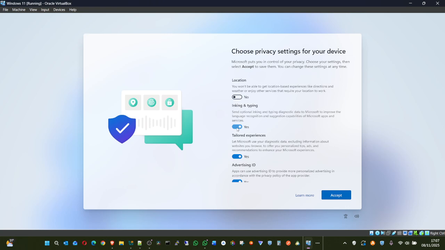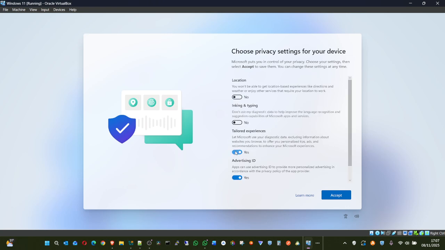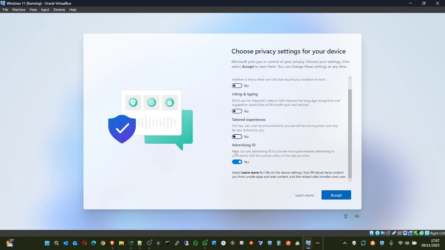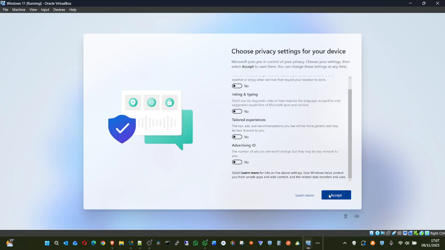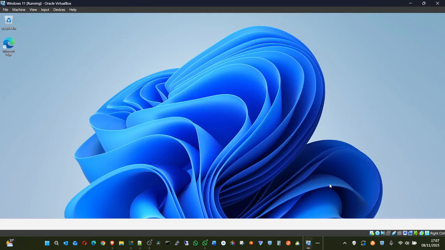I don't want that. I don't want you sending me adverts. I don't need all of this, so I disable everything. I accept this. Boom.